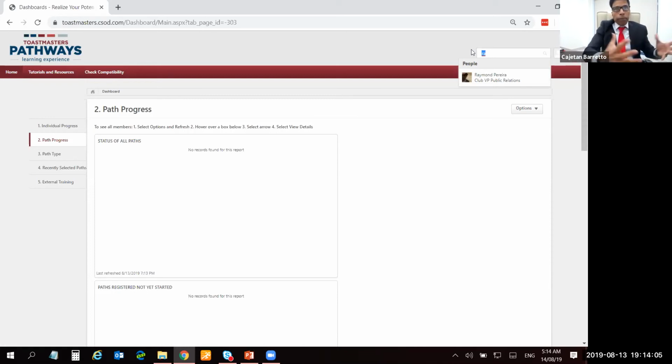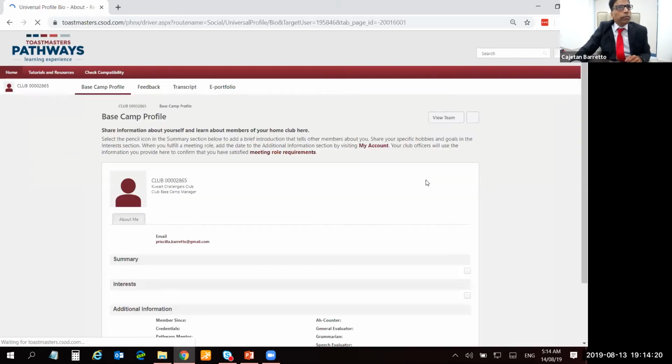Another tip of Basecamp is, instead of typing individual members, if you were to type the club number, and this is one of my tips, if you type the club number, you will then get